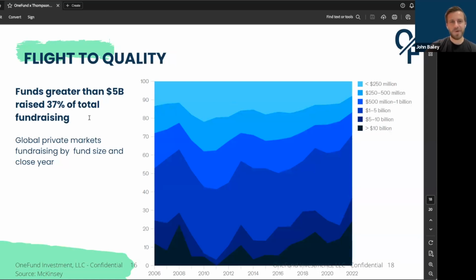What we've seen in the fundraising environment over the last couple of years has been what we'll call a flight to quality. The title of the slide might be a little too grandiose. It's really a flight to brand or a flight to size. In the 10 years before the pandemic, there were a ton of small VC funds popping up, raising 10, 50, 100, $200 million funds, and a lot of capital flowed into those funds. Over the last few years, with the economic uncertainty, capital is flowing towards much larger funds, your 1 billion plus size funds.